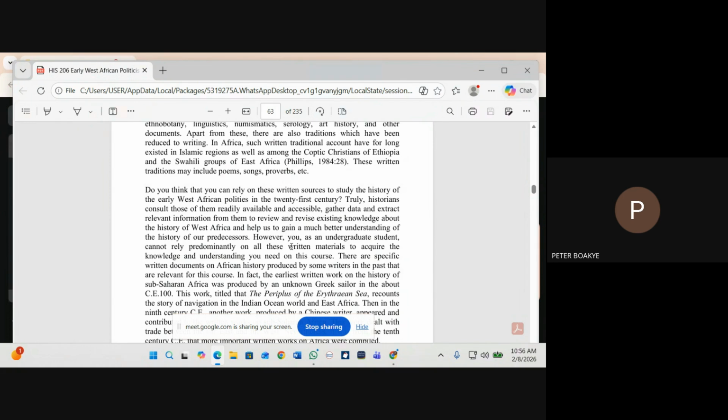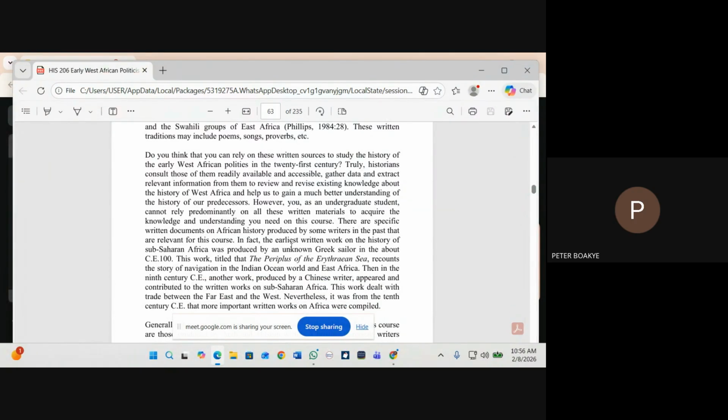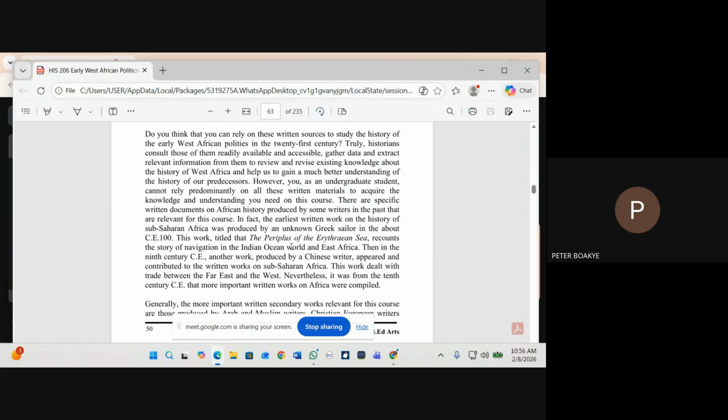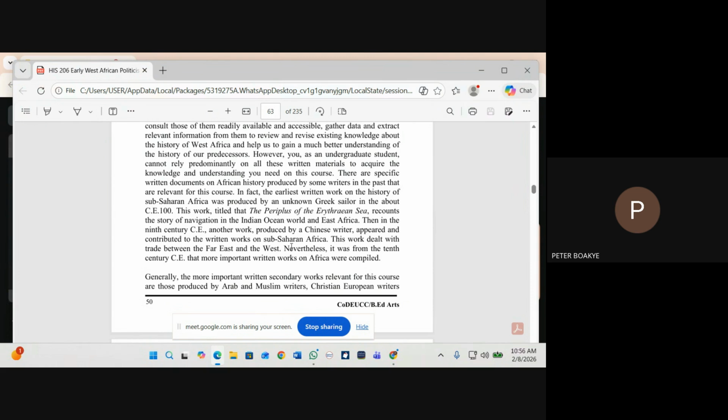Truly, you should consult those that are readily available and accessible, which we can trace to write our history. Gather data and extract relevant information from them. We review them and then we use them to trace the history of the early West African polities. There are specific written documents on African history produced by some writers in the past that are relevant for this course. The earliest